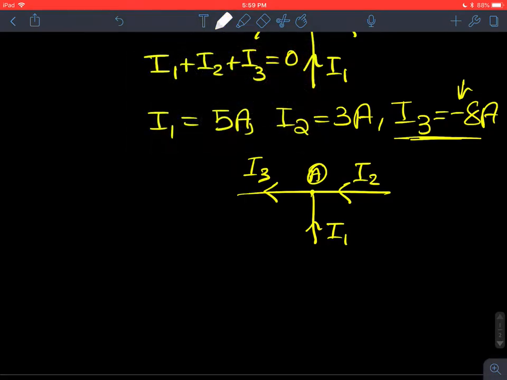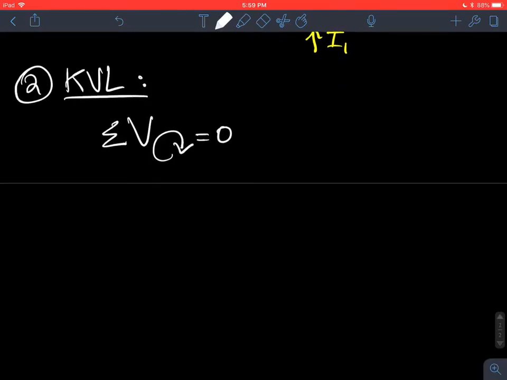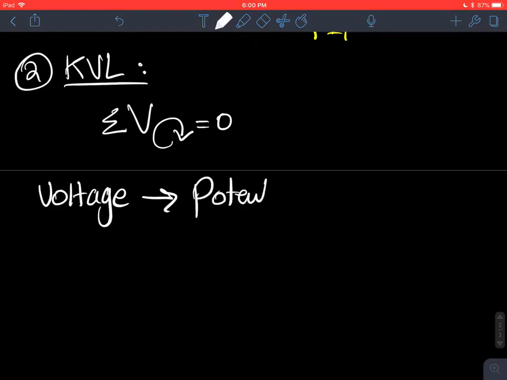Now the second law is KVL, and this is Kirchhoff's voltage law. So this basically states that the total voltage around a loop is equal to 0. And for you to really understand how this law makes sense, you need to know the meaning of voltage. Voltage, another name for it, is potential difference. In other words,